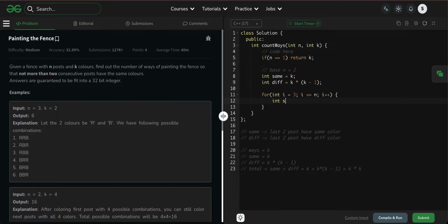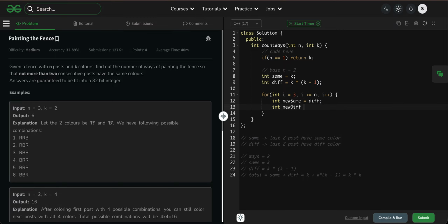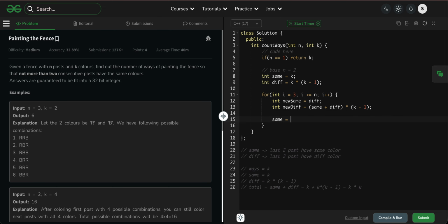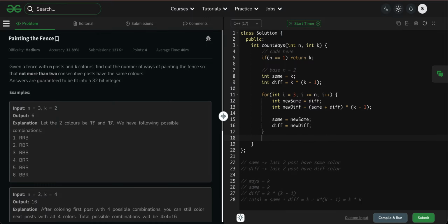And int new same is equal to different, and int new different is equal to same plus different into k minus 1, right? And same is equal to new same, and different is equal to new different, right?